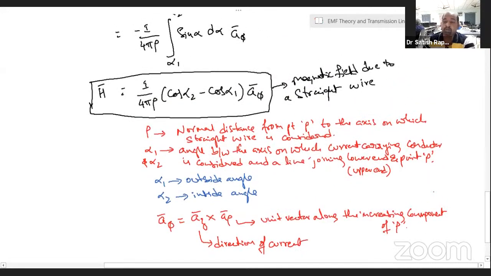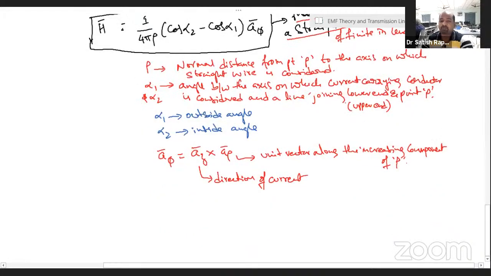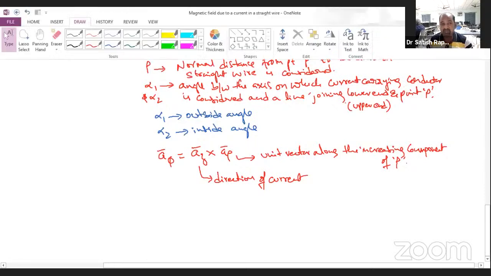And one more important point is that this is the magnetic field due to a straight wire of finite length. The length of the straight wire which we have considered on the z-axis is finite. So now, if the length of the conductor is infinite,